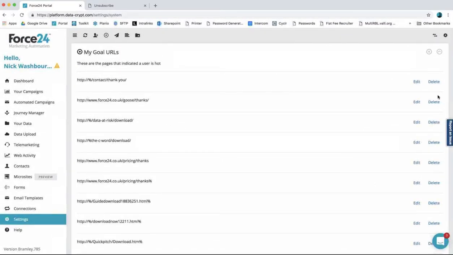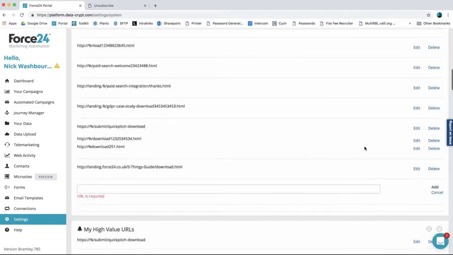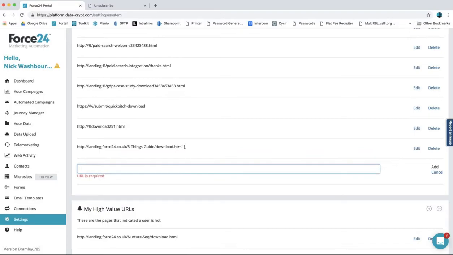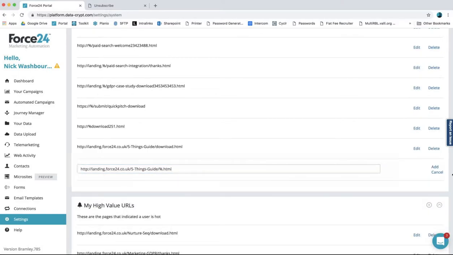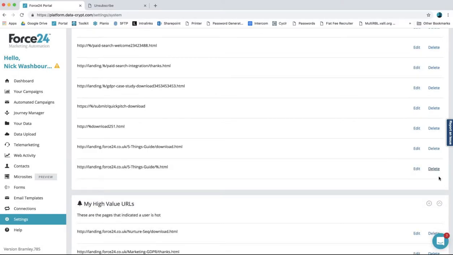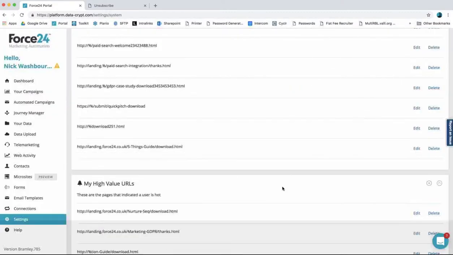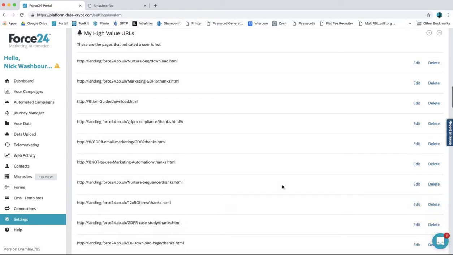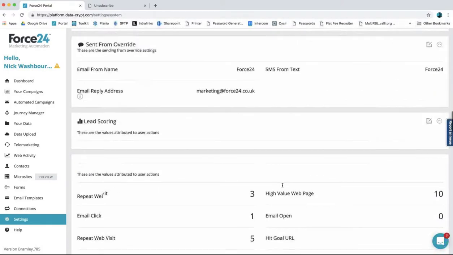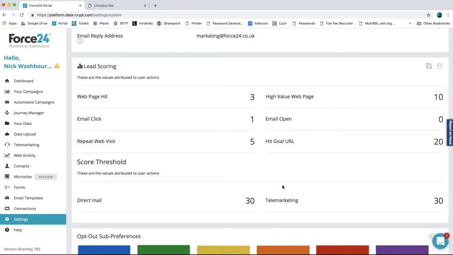And all you do to add a new one is you would click on the plus icon in the top right, click add, and you'll see now that all I need to do is add a new URL. So if I just copy and paste that one here, that one exists already, but let's say I want to put in a percentage sign here. I can do so, add, and it's there for you to use. And if I want to delete at any point, all I do is click delete. Same with high value URLs as well. And like I said, if I want to edit the scoring at any point, this can be changed